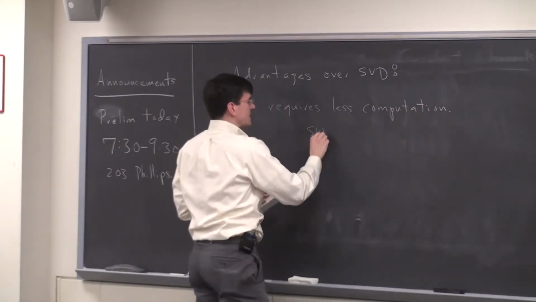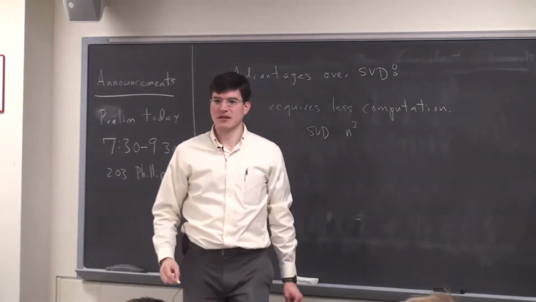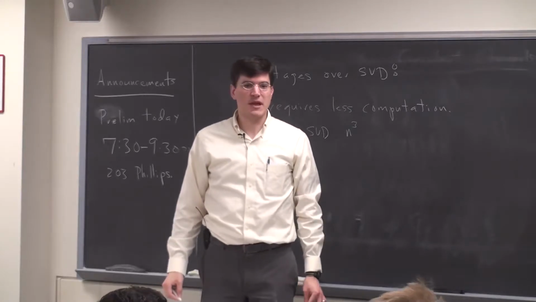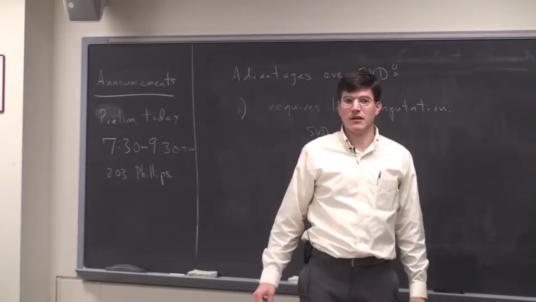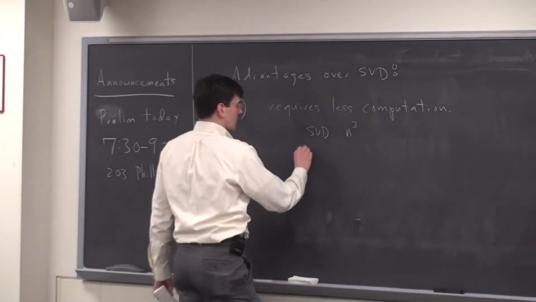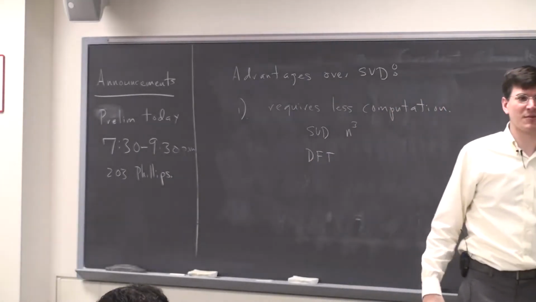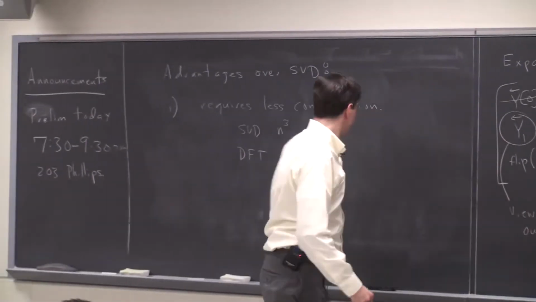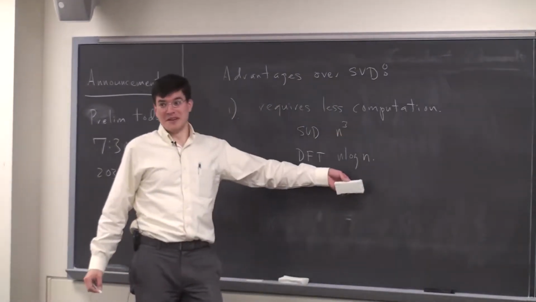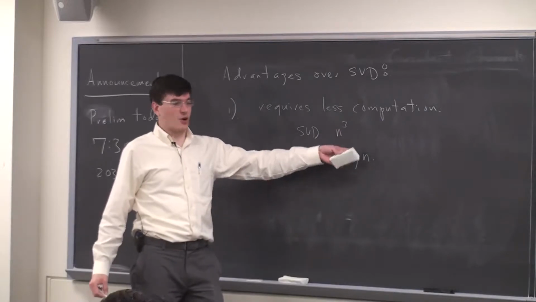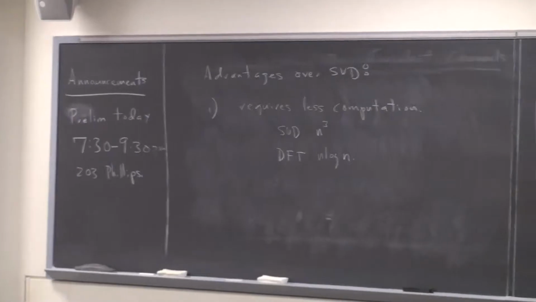So we said with SVD, you're taking the SVD of an n by n matrix, which was like n cubed complexity, right? If the length of x and y in here is n, what's the complexity of the DFT, which is what's playing the role of the SVD now? Anybody know? It's n log n, yeah. Okay, that's a big drop. This is like the difference between working in practice and not. So that's a big reduction in complexity.